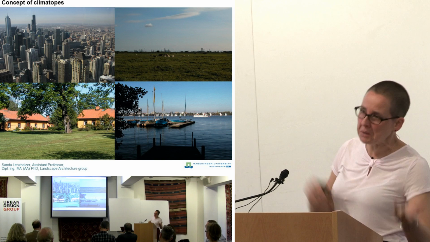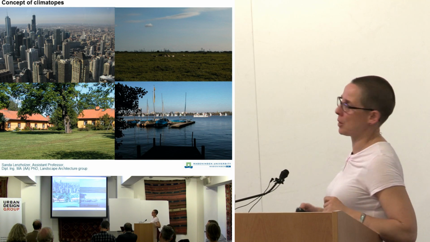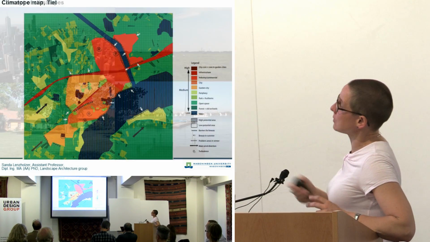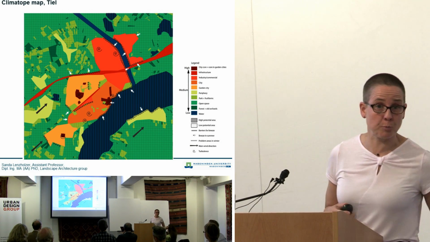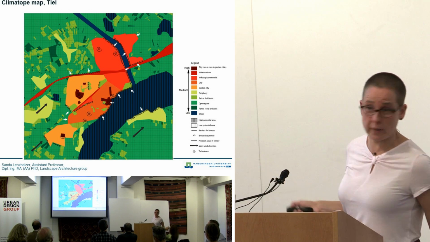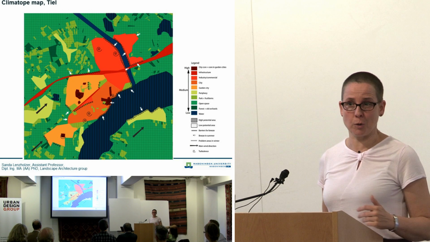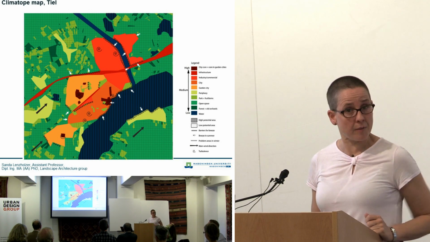High density, low density, a lot of greenery, less greenery, and also some of the human activities. Based on these climatopes, you can make maps, and you don't have to be an expert for that. This map was made by my students in 1 week. So they just got acquainted with the idea of climatopes and analyzed this small town in the Netherlands and made